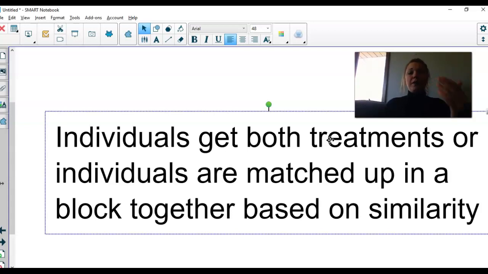Now, what's the difference if I match you up in a block together based on similarity? That would be like if I worked for Nike, right? And